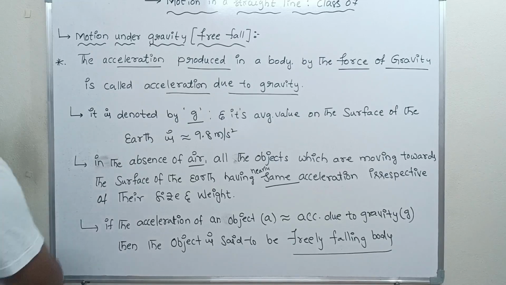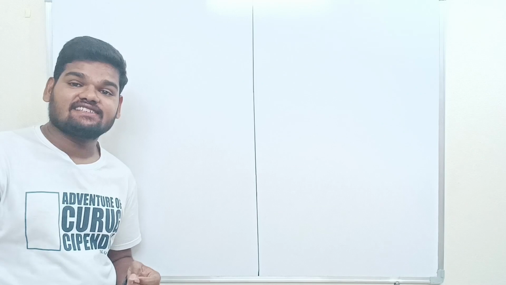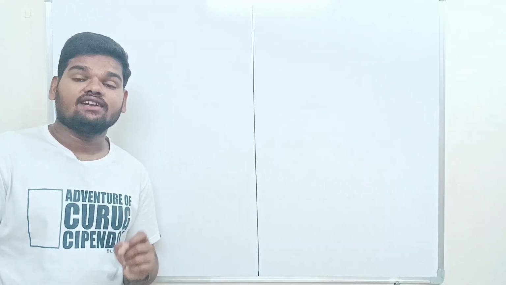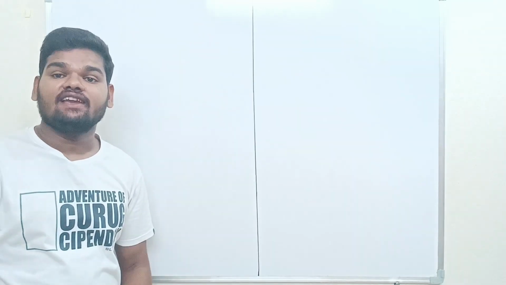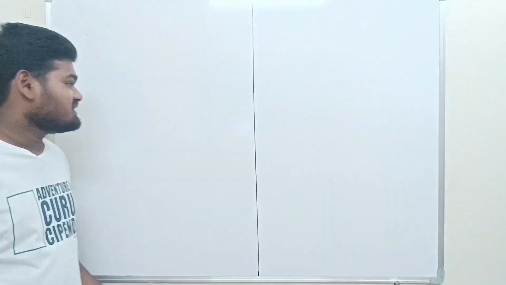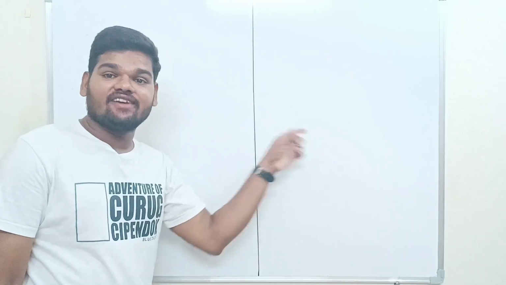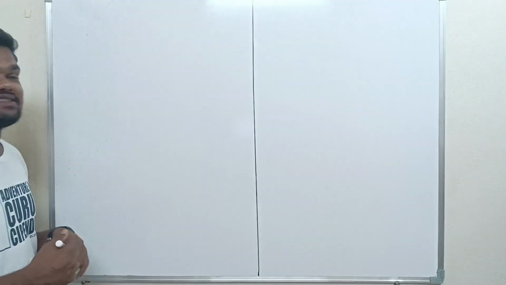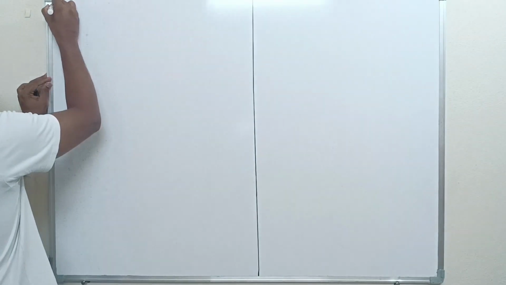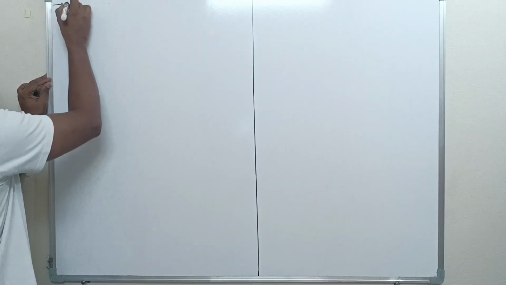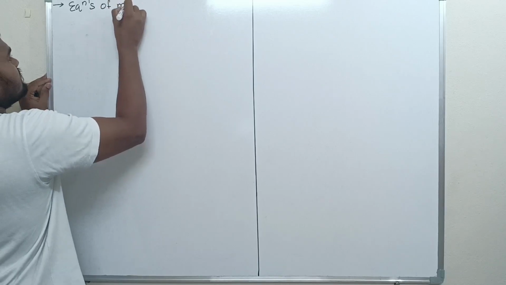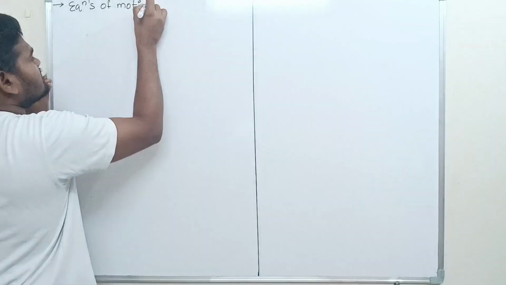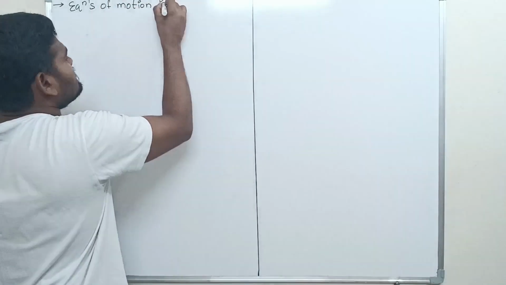3, 2, 1, go. So let us discuss equations of motion of a body in case of vertical projection and freely falling condition. For my convenience, I've divided this board into two equal parts. On this side, I'm going to discuss equations of motion in case of